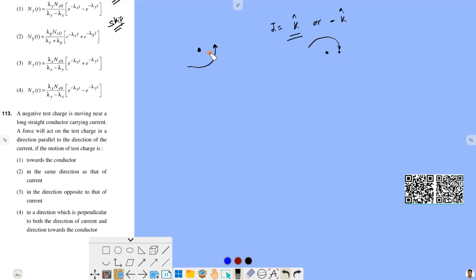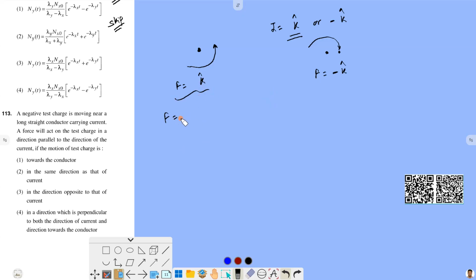So we are only discussing the positive X direction. Now coming to the force on the test charge being in a direction parallel to the direction of current. So here in this case force is in the positive K direction, and in this case force is in the negative K direction. And we know that force on a charged particle is equal to